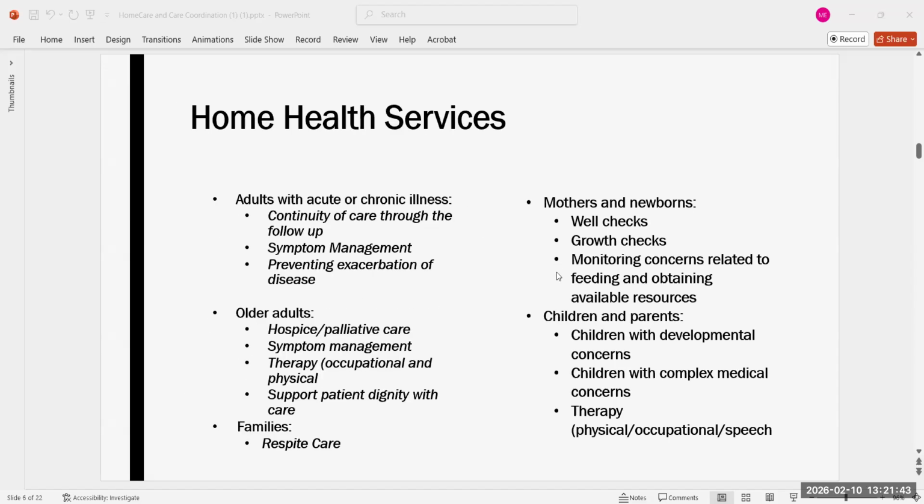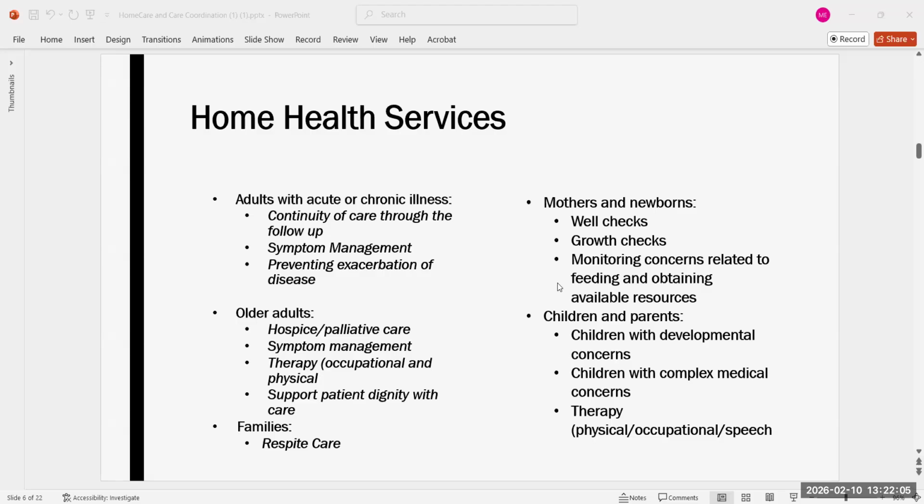Some additional services that you might find within the home. Previously we talked about the adults or older adults especially living with chronic health illnesses, or maybe they just came from the hospital, so now it's an acute thing. So we want to ensure symptom management, prevent exacerbation of disease, continuity of care, so we're doing those check-ins,